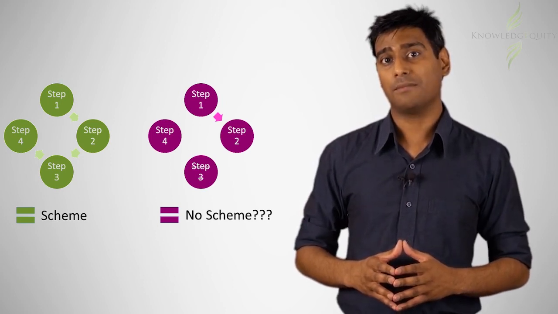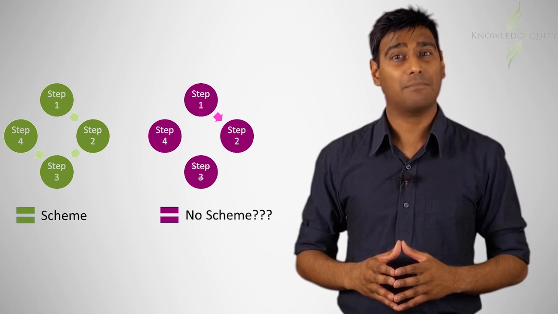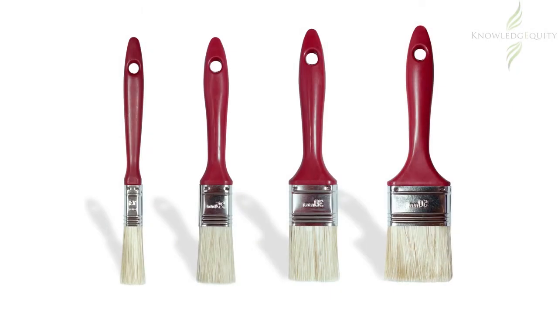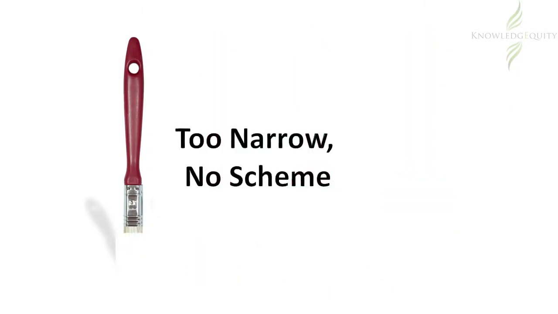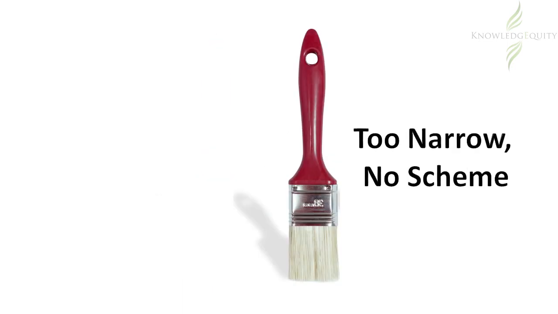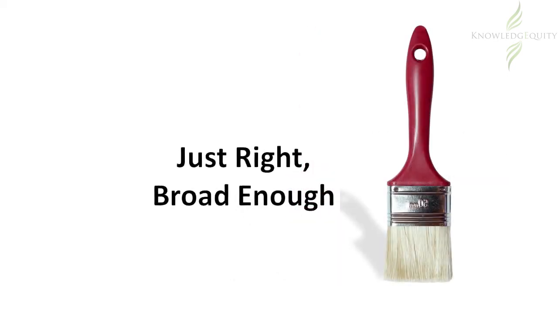Peabody also made the important point that the tax office can potentially identify a scheme in alternative ways. This, in effect, allows the tax office to hedge their bets. For instance, the tax office can argue to the court that a narrow set of facts constitutes a scheme. The tax office can also suggest an alternative, broader set of facts as a scheme, so that if the court thinks that their narrow suggestion is too narrow to constitute a scheme at all, the court will accept the broader suggestion as a scheme.